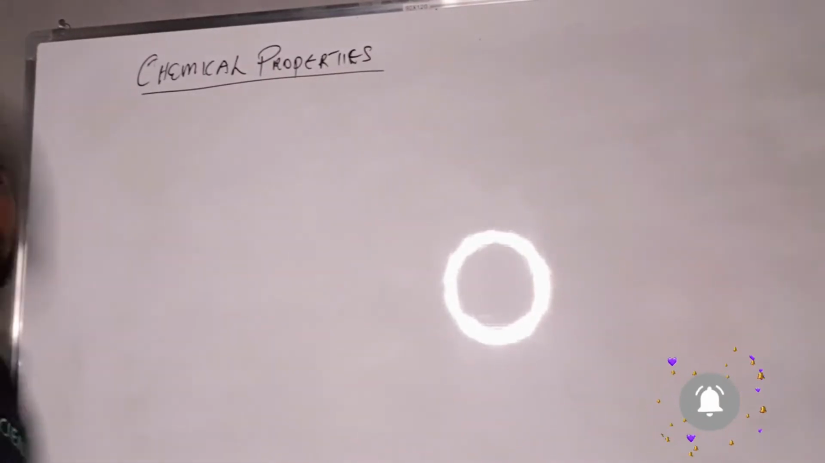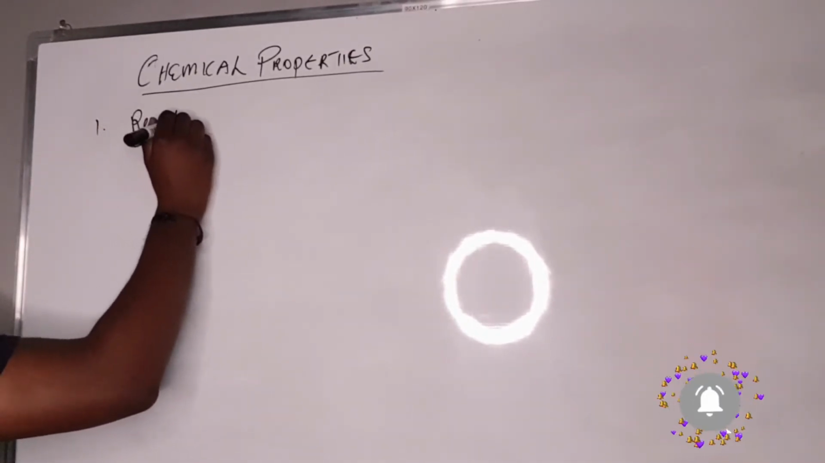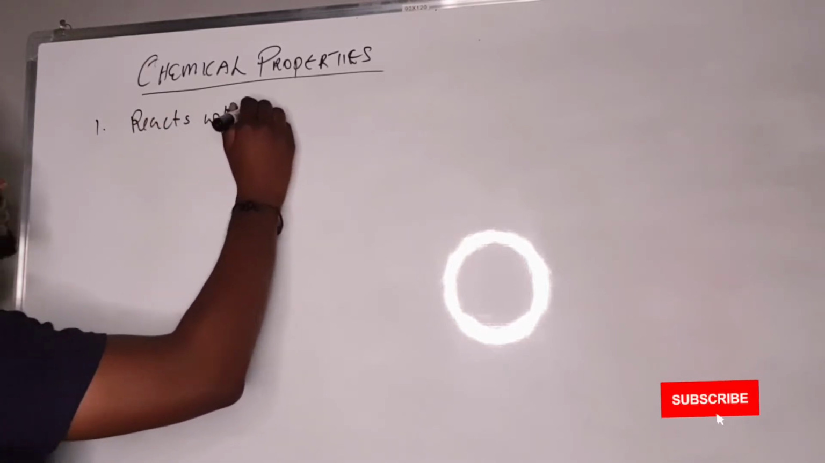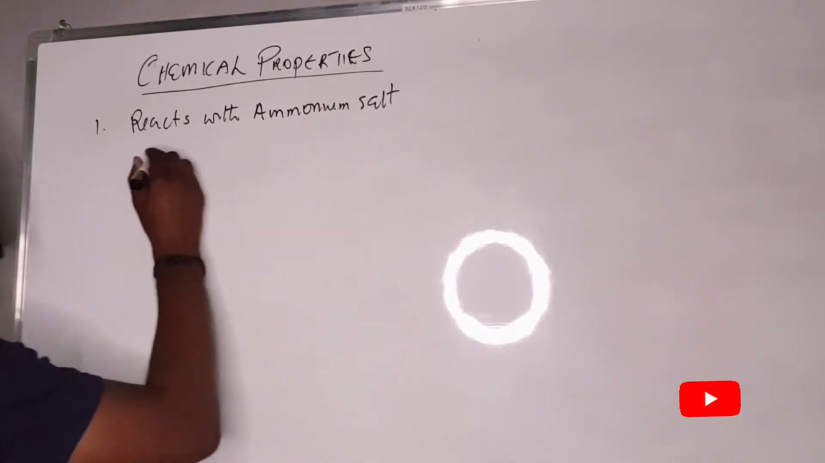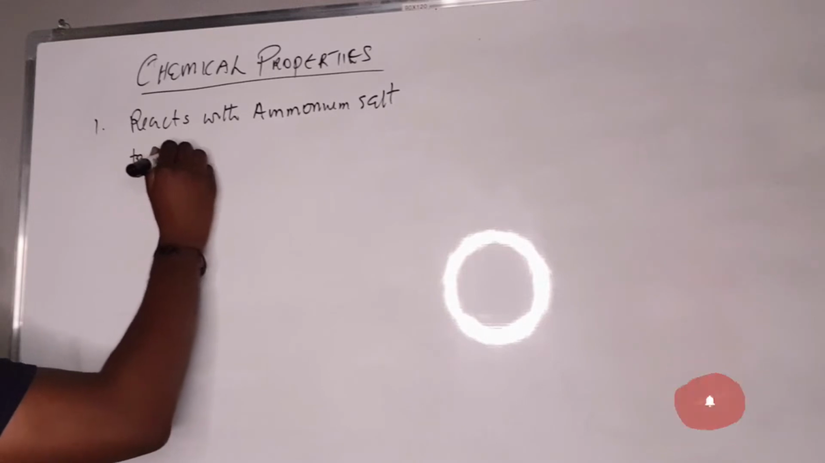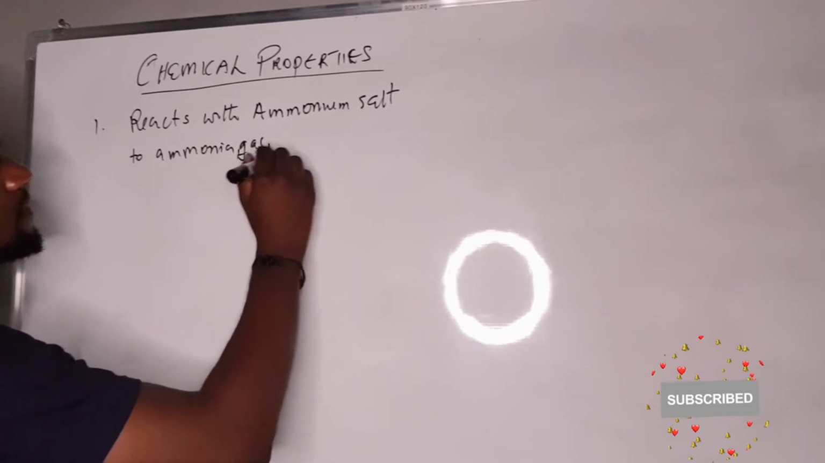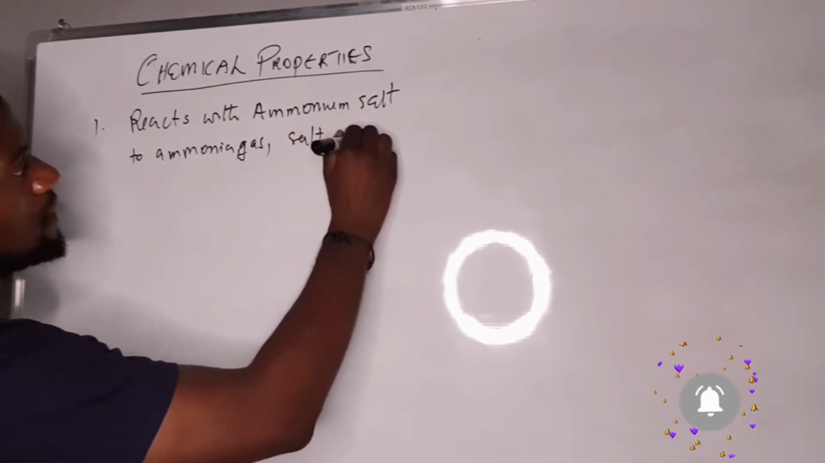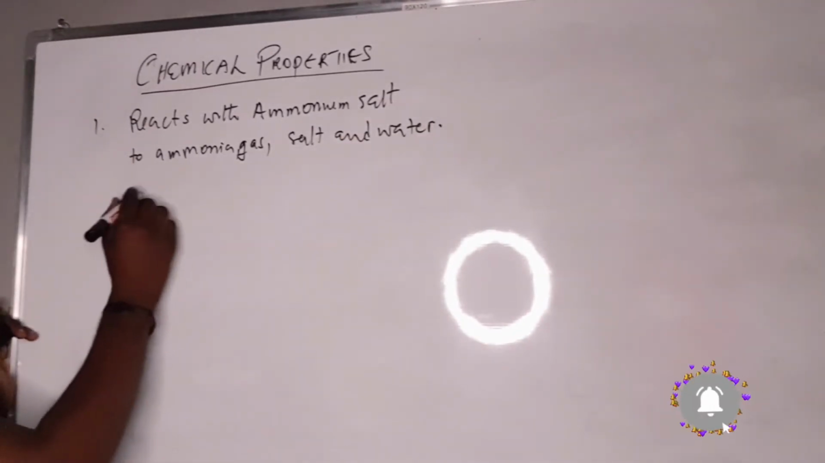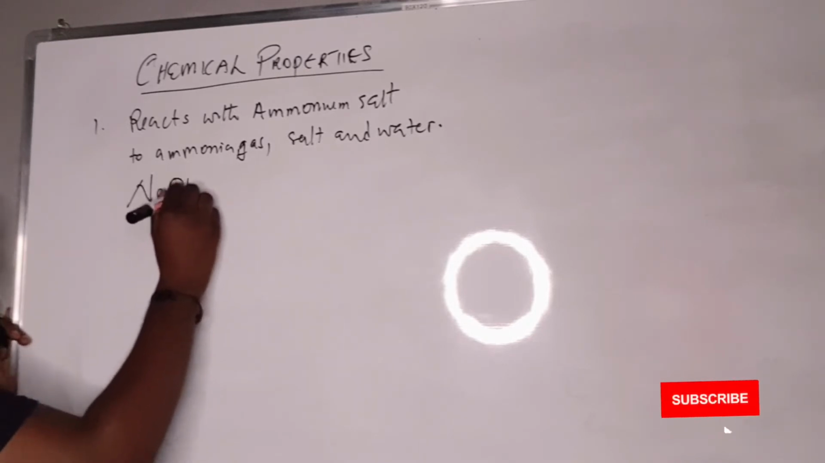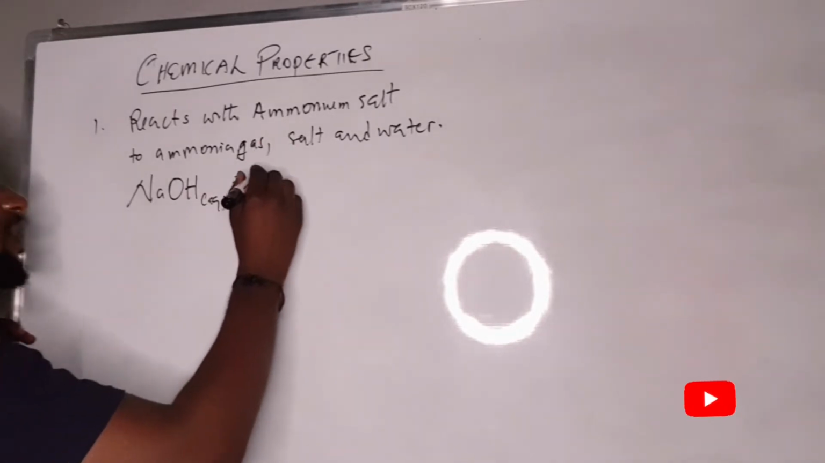So we look at the chemical properties. Bases react with ammonium salt to form ammonia gas, a salt, and water. For example, if we have sodium hydroxide reacting with ammonium nitrate,